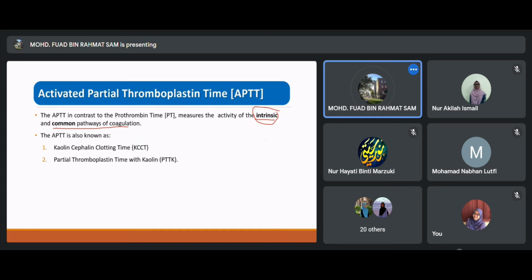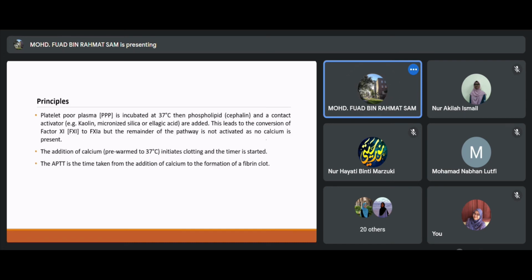The APTT is also known as the kaolin-cephalin clotting time, or KCCT, or partial thromboplastin time with kaolin, PTTK. So kaolin is a surface activator. Previously the terms used were KCCT or PTTK, involving kaolin, and this kaolin is a surface activator. We will see the function of kaolin in measuring the APTT. Okay, in principle,